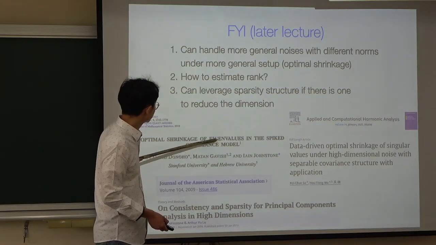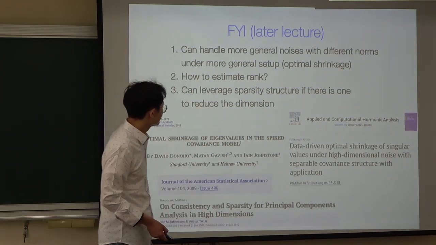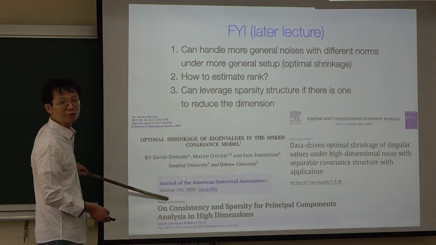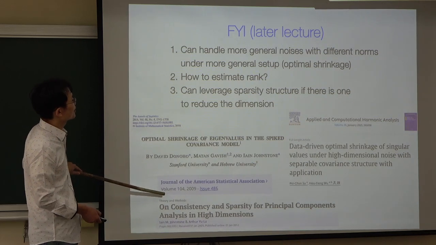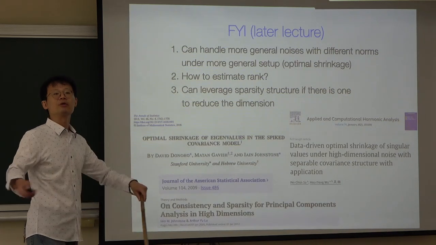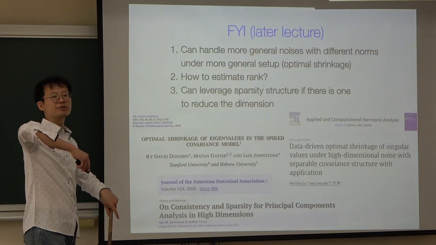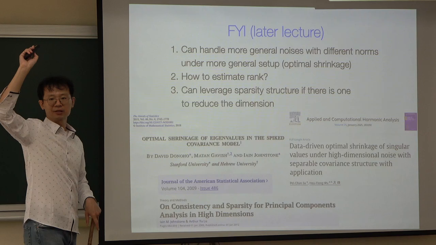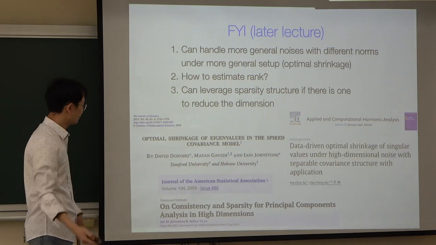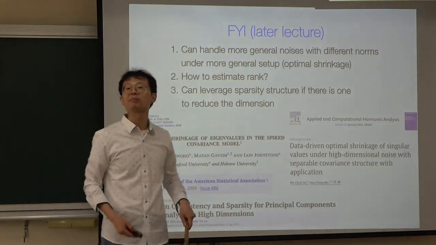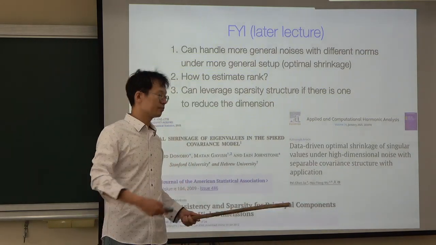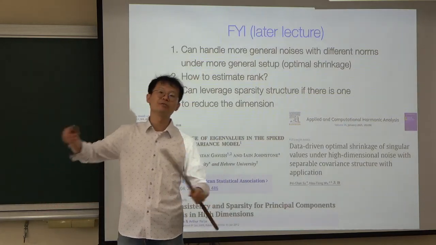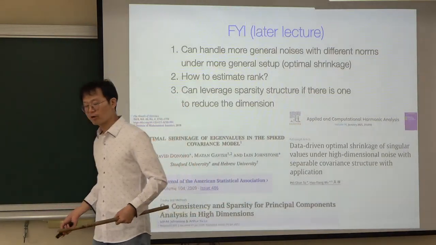This is the optimal shrinkage paper. This is the more general noise paper, and this is for when you have low structure noise, a sparsity structure. You can use, for example, wavelets to reduce the dimension first, so that p becomes finite, and you let n go to infinity, and you use the traditional approach. Okay, so there are several ideas you can play with, and for each of them, you need to do some fine tuning so that it can be successfully applied to different problems. Okay, so I think that is